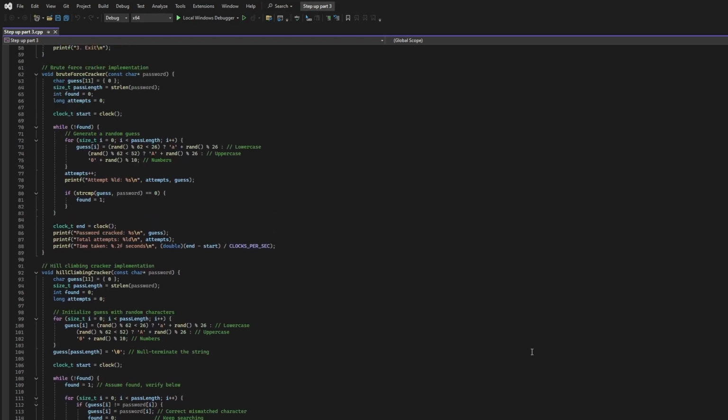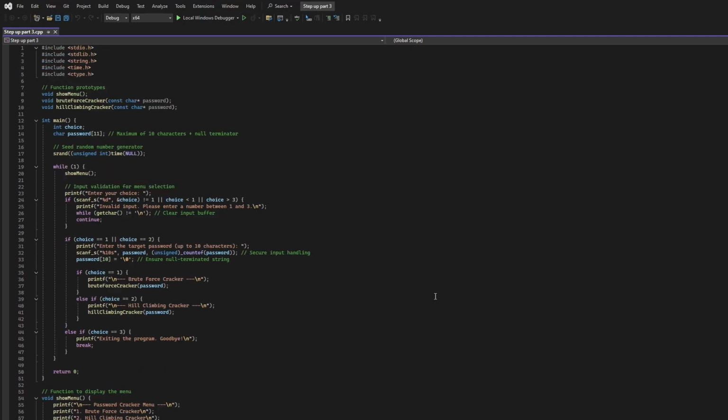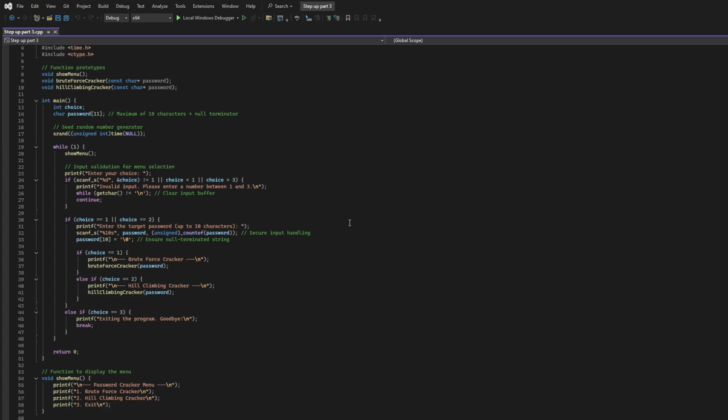So now that we got the project overview out of the way, let me go into the key changes on the code along with the justifications behind them. The first thing was the input validation. In the beginning, the program lacked input validation, which led to issues like accepting invalid menu options or overly long passwords that could cause buffer overflows. So in order to resolve this, I added checks to ensure that the menu input is numeric and falls within the valid range of 1 through 3,